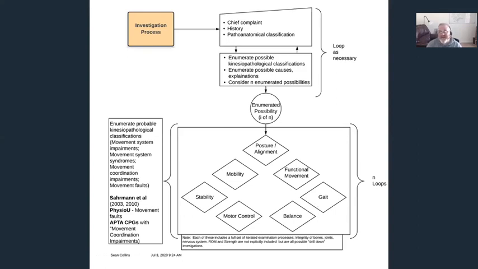So the investigative process is probably the least clearly defined here. So you're essentially looping through possible kinesiopathological classifications. Some of them are pretty clear cut. Some of them are very well understood at this point. So hip adduction and internal rotation with knee valgus during step down or landing from a jump is very highly associated with certain knee pathologies, and arises from a lack of motor control at the hip. So this would be a clear-cut kinesiopathology